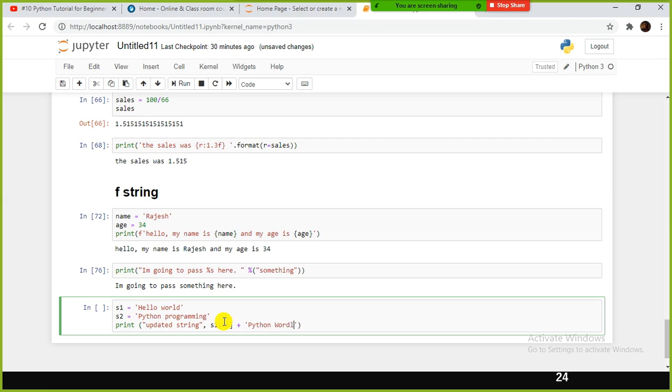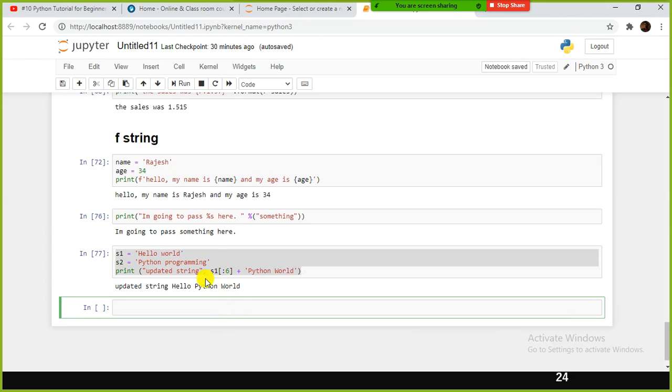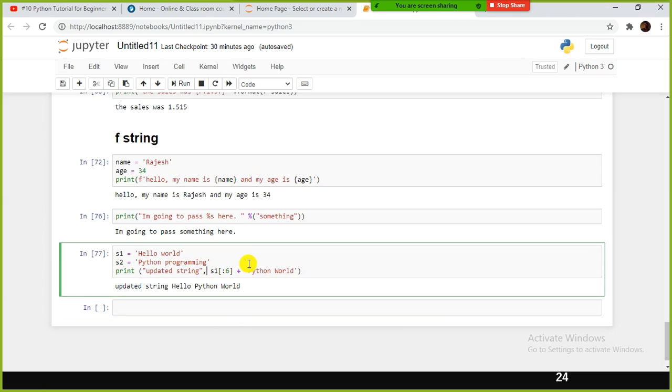See, here it is not required. Okay, anyhow. So you can concatenate the value. You cannot directly update the value because the string data type is immutable. So what you can do is slice the data here.